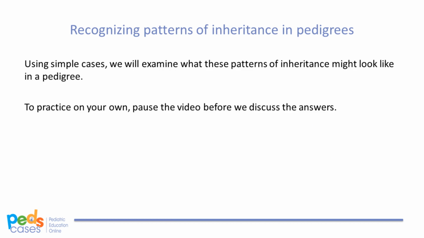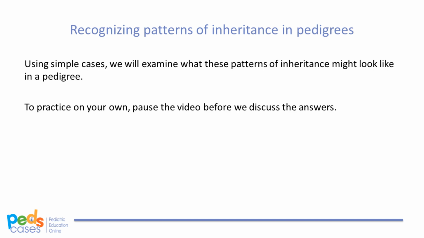Next, we'll go through some simplified examples of different types of inheritance using sample cases of real genetic disorders. These cases will be less complex than a pedigree you might see in practice. In real life, patterns of inheritance can be masked and complicated by things like de novo mutations, expressivity and penetrance, and gonadal mosaicism. In addition, patients may not always know the full medical history of their extended family members, nor even know what details would be important to tell us. As we go through the cases, feel free to pause the video and answer the questions yourself before we discuss